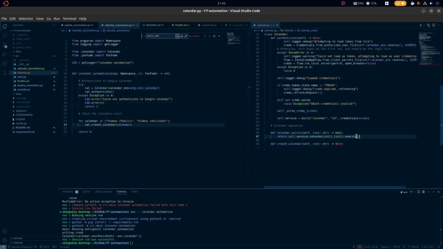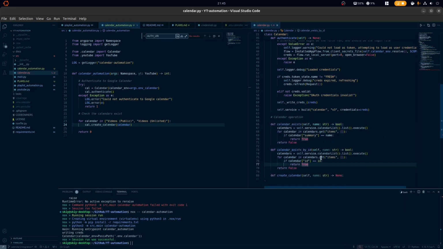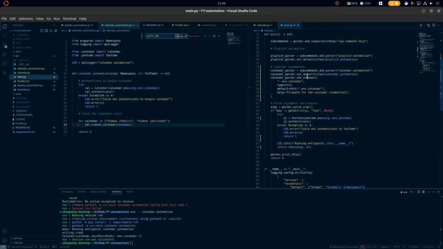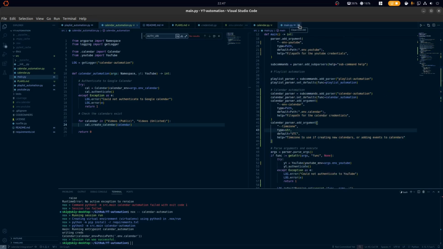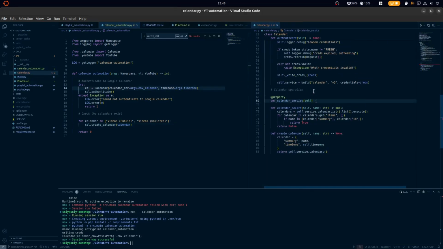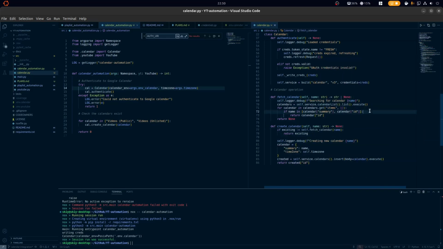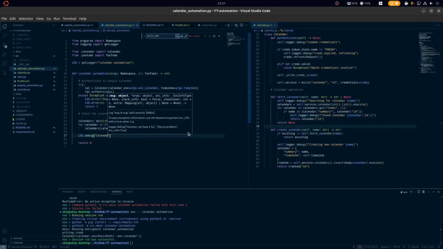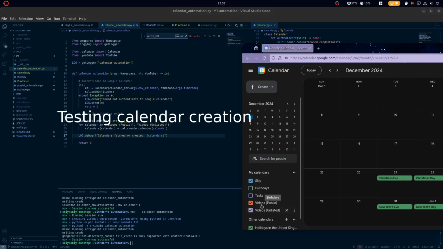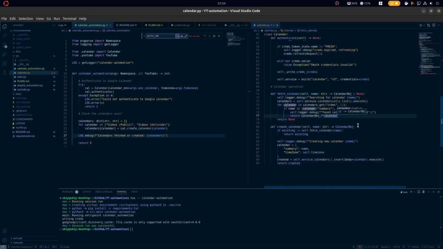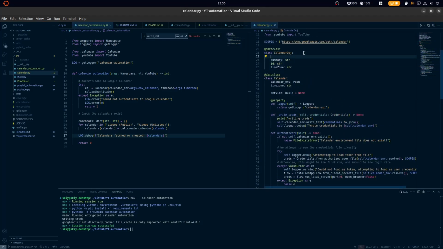But anyway, now I've moved the Calendar API file that I've started writing over onto the right, because I've taken everything I need for the YouTube API. So that was a time skip there where I took a break to do Google OAuth. See previous 3 minutes worth of complaining. But I'm starting to write the generic Python functions such that in our main script we just want to call things like calendar.fetchCalendar, and on the back end that will loop through all of the calendar objects on your Google account using the Python fetch library that Google ships with.